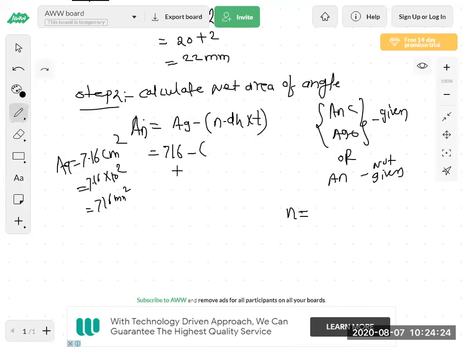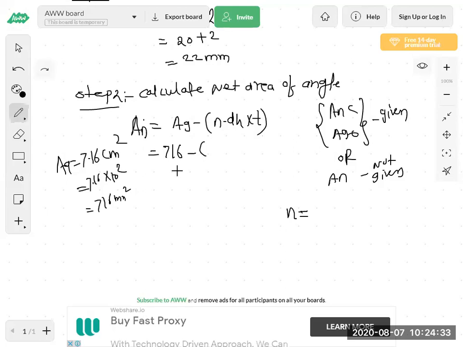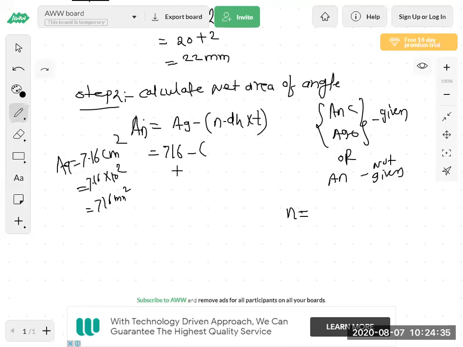Load carrying capacity, type 1. Where we started type 1. Type 1 is equal to, what did we write? Load carrying capacity of tension member. And below that we have written the procedure. That procedure you have to always follow. Now there we have written for plate formula, n is equal to number of bolts, and for angle formula what we have written, go back.